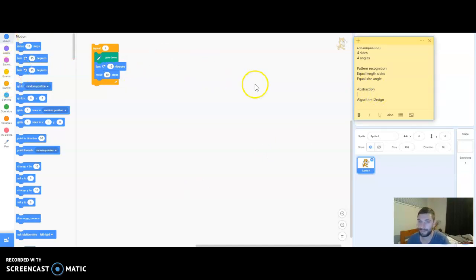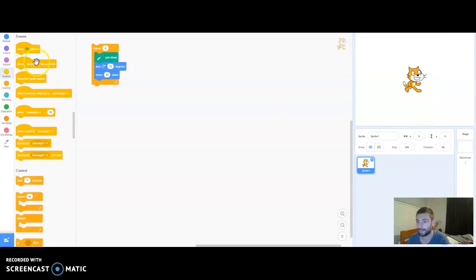And all of that fed together to make our algorithm. Our algorithm are our steps to creating our square. And here they are. We've got steps to creating a square. The only thing we don't have is an event when space is pressed. So when space is pressed, our code will start. I think I want to put the line first. Alright, let's have a look. When space is pressed,